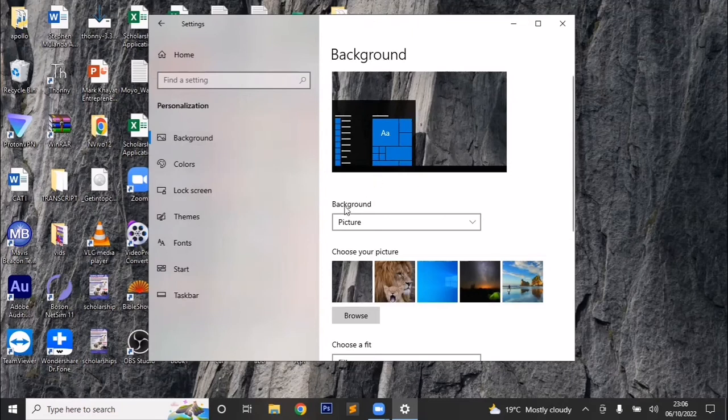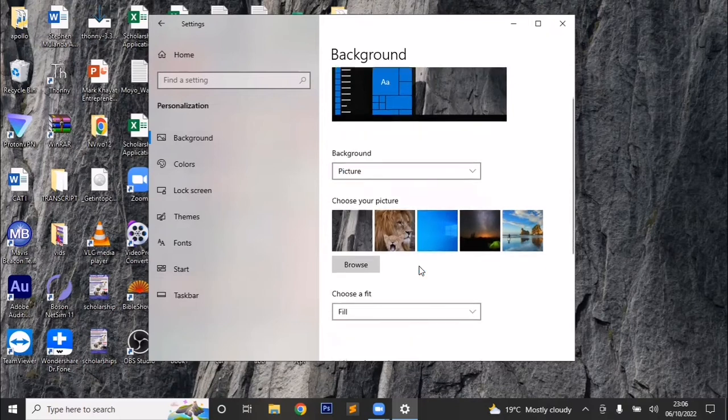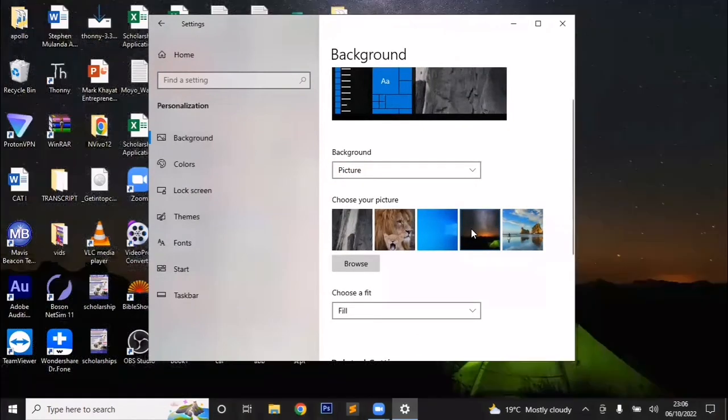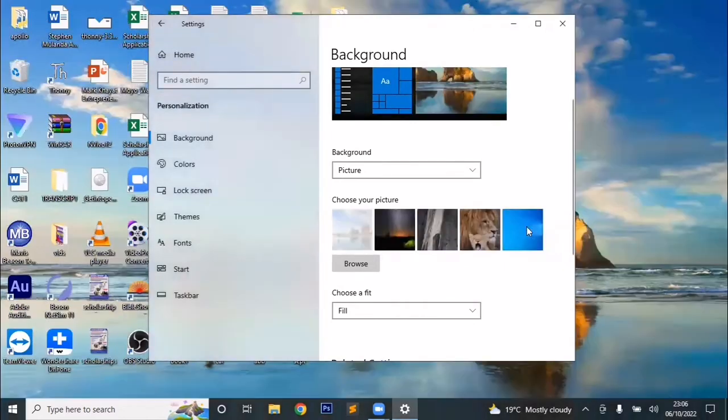So now I'll come to desktop background. There is this option here. So we have a drop-down arrow that when we click on gives us a drop-down list. So now we can set a picture to be our desktop background. For example, right now I can click here and select picture as an option. Then I can pick a picture here. Maybe I can pick that picture and it becomes my desktop background, as you can see, or this picture, it becomes my desktop background. Or I can click browse to pick a picture